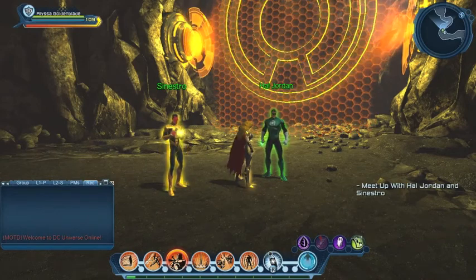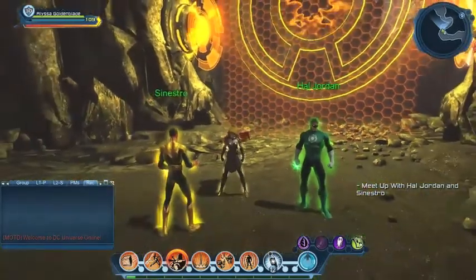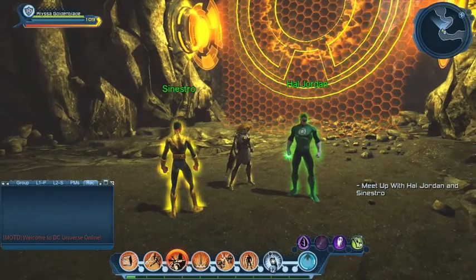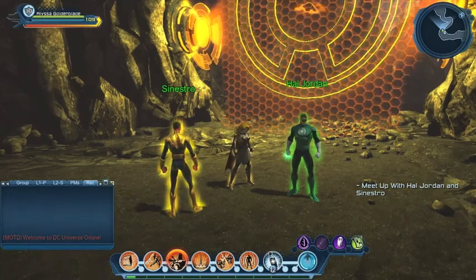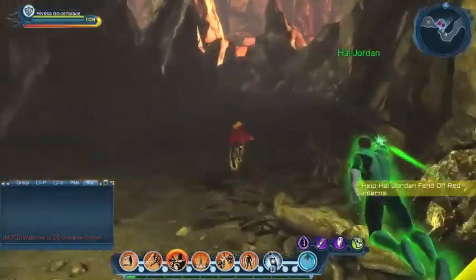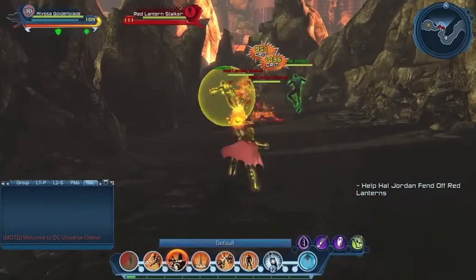Show some respect, Jordy. I carry the spark of the entity Parallax within me, the first being to experience fear in this universe. I must transfer it to the central power battery before it is snuffed out completely. Just don't make me regret this alliance, Sinestro. I've got my eyes on you. Red lanterns on Quad? Destroy them! I must complete this